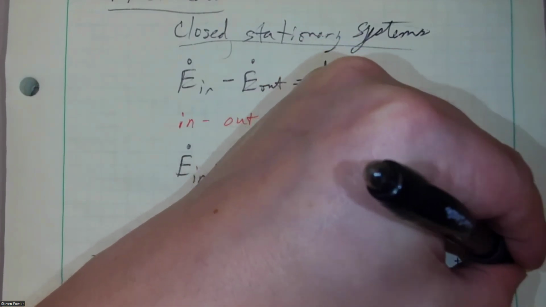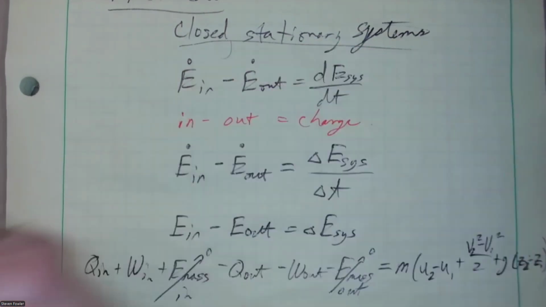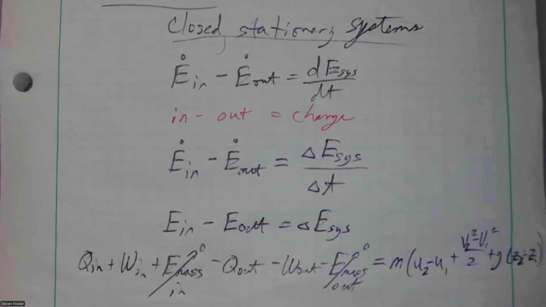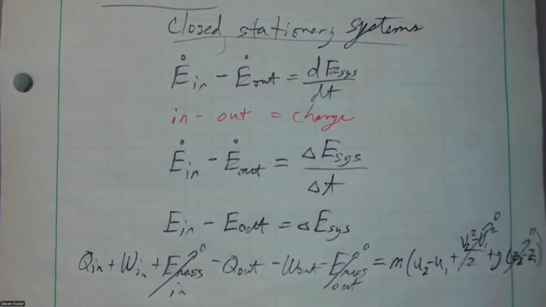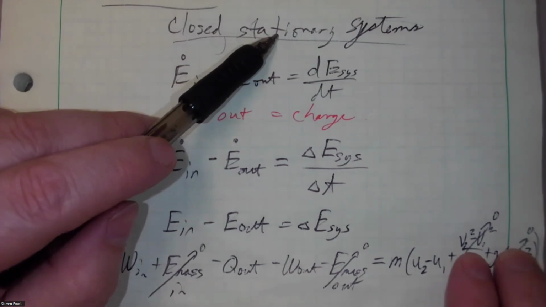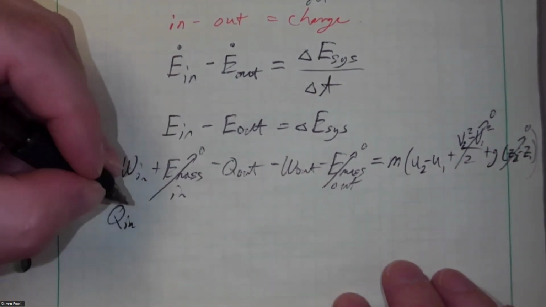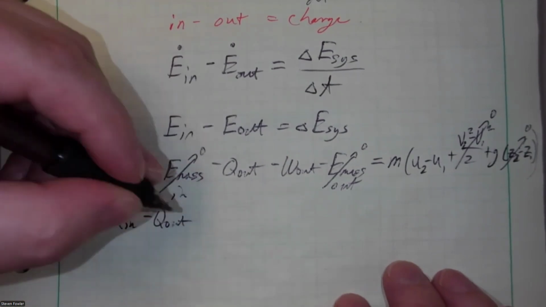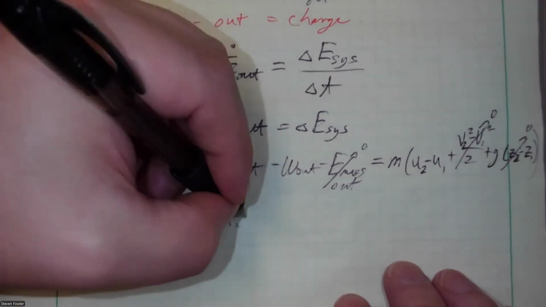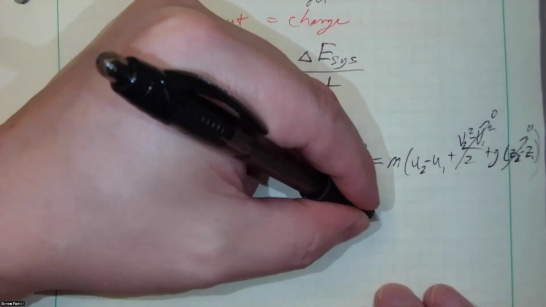Could be potential energy. I'm writing in the margins, which I hate doing, but here we are. And if it's stationary, it's not changing kinetic or potential energy. If it's closed, these go away. And if it's stationary, these go away. That leaves me with Q in minus Q out plus work in minus work out is equal to M delta